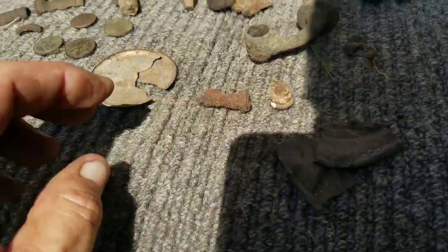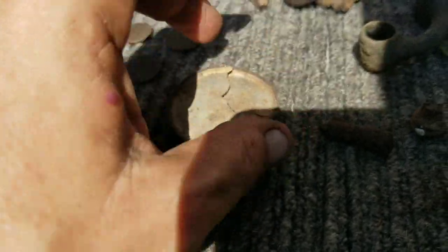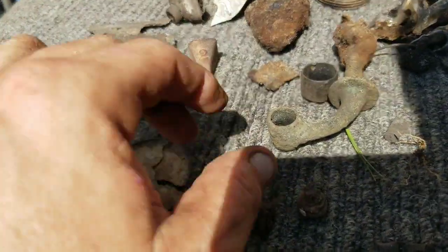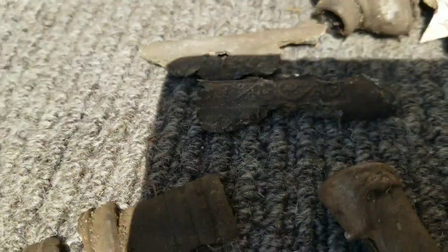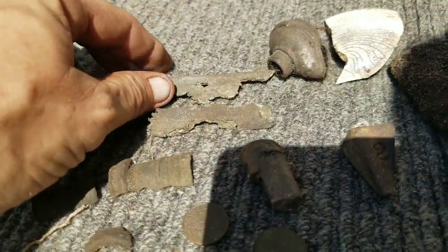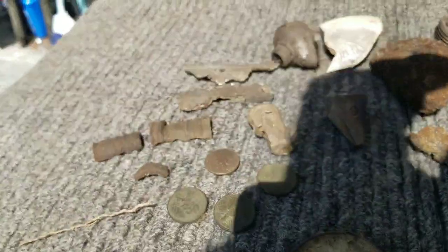Not entirely sure. Got that back of a pocket watch, which broke when I was taking it out. But still, nonetheless, good stuff. Part of a fuse. The toilet seat hinge from back in the day. Awesome thing there. Part of a lamp. 2 pieces to a toy cap gun. And when you're finding stuff like this, I fully expect that somewhere out on that property are going to be